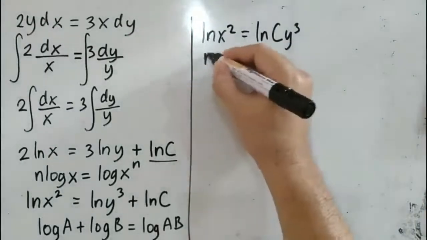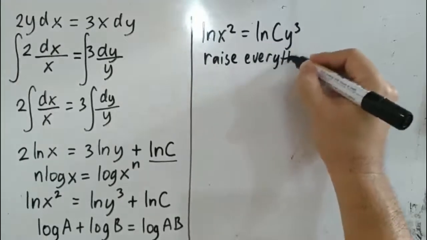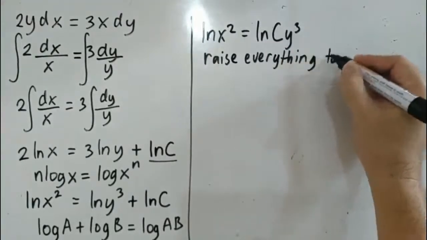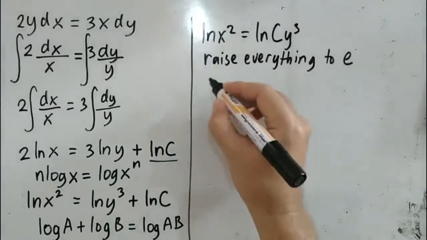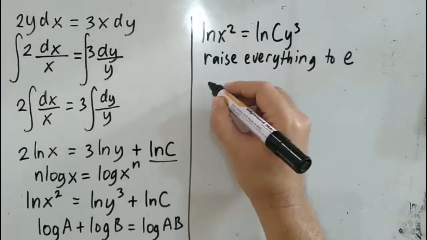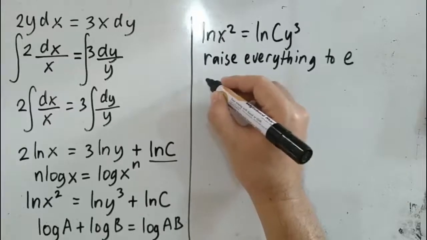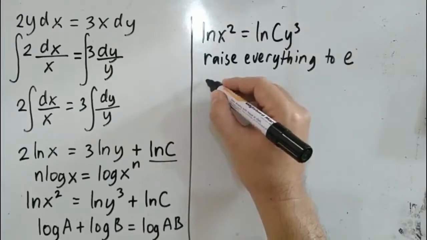We raise everything to e, so that we cancel out the natural logarithm in both sides, because of the rule in logarithms which states that if you raise a logarithm